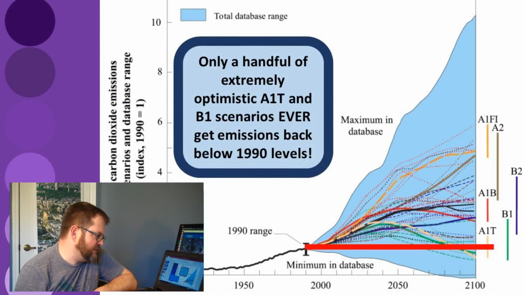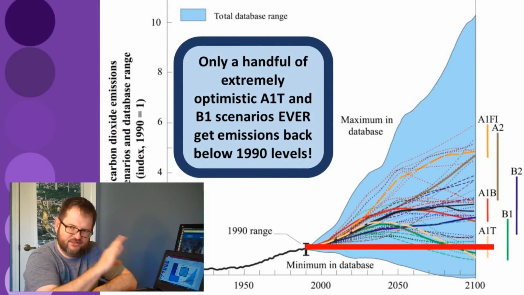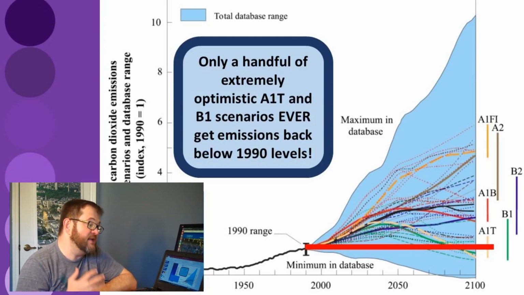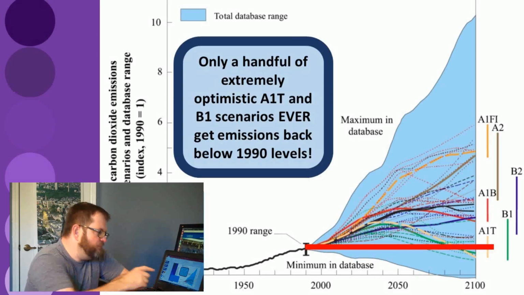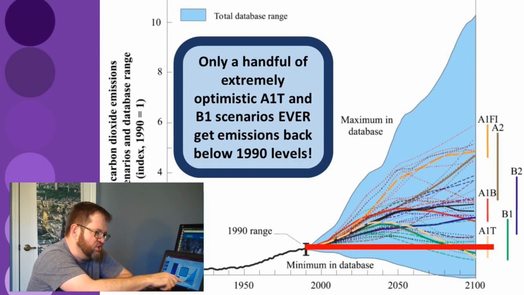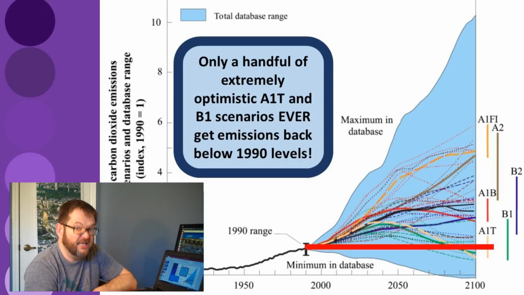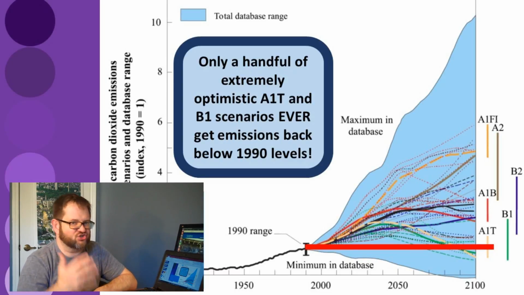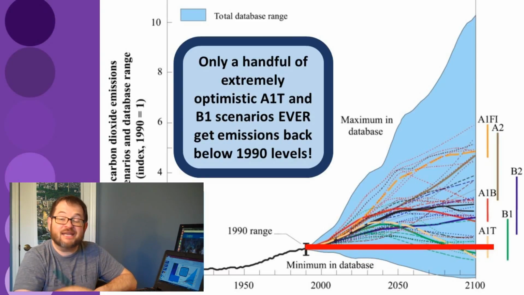If we take a look at this diagram here, now I recognize I kind of have things overlapping on here, but this again is carbon dioxide emissions. We're not yet looking at things like temperature and so on. But if we take the 1990 emissions rates there and draw a straight line across so you can get a sense of which ones have involved increases and which ones have involved decreases in the amount of carbon dioxide we're emitting, you can see that only really the most extremely optimistic scenarios, namely B1 and A1T, ever even get their emissions back to the 1990 levels.